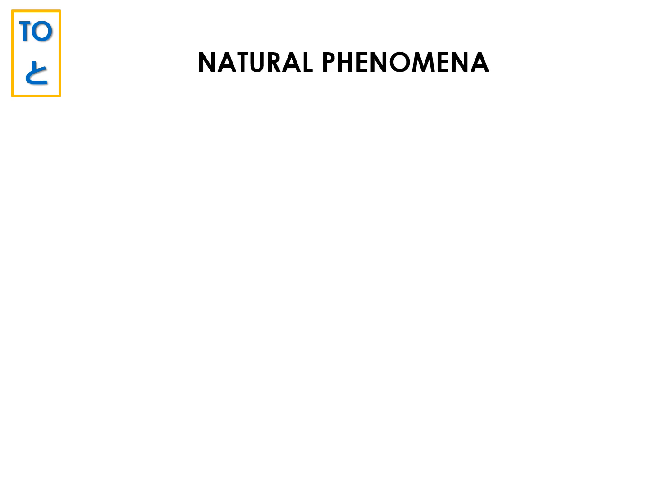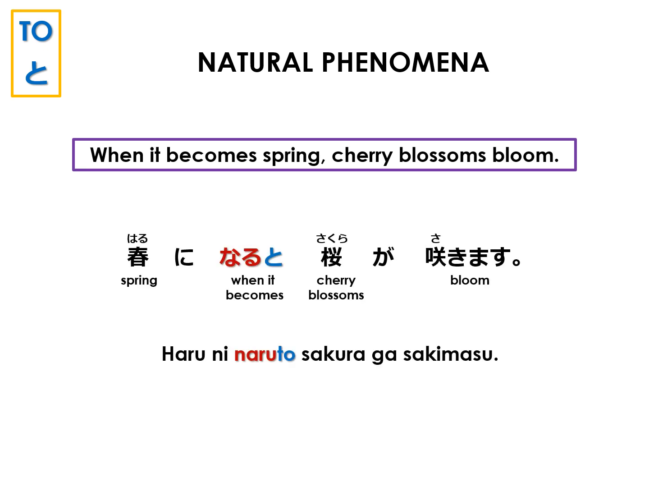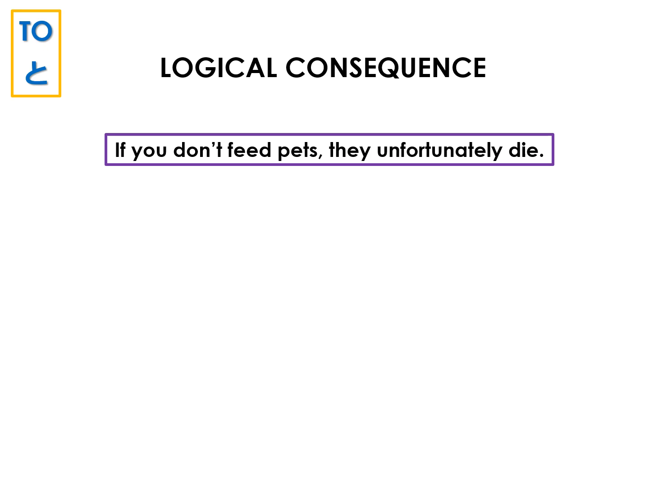This is an example of natural phenomena. When it becomes spring, the cherry blossoms bloom. And in Japanese, 春になると桜が咲きます。